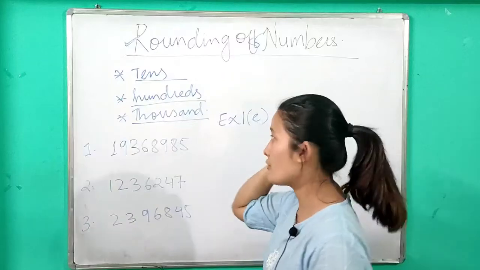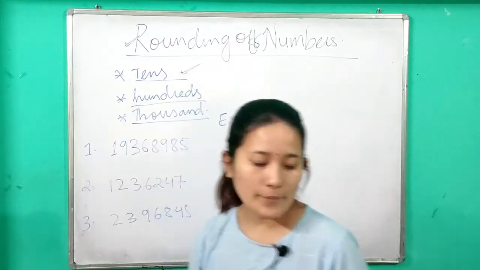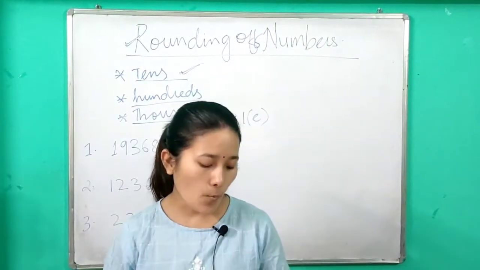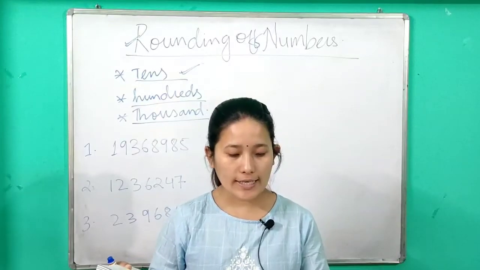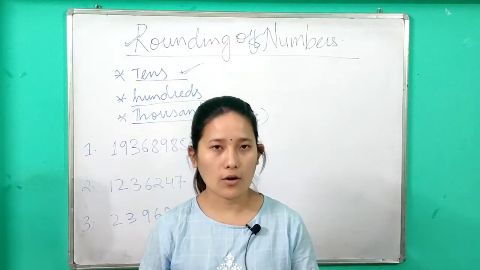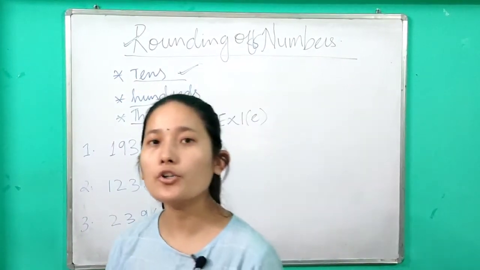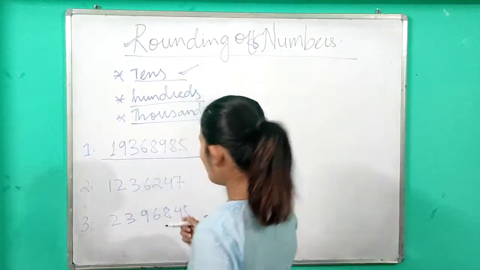First let's start with the tens. Now everyone go to exercise 1E, question number 1. Round off the given numbers to the nearest 10, 100 and 1000. First let's start with rounding off the number to the nearest 10. So if you look at question number 1,